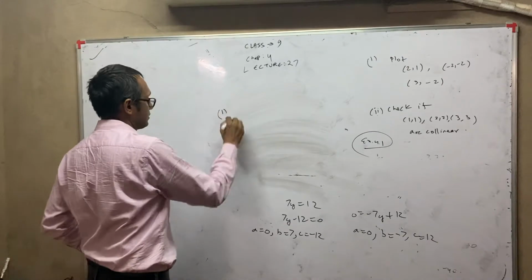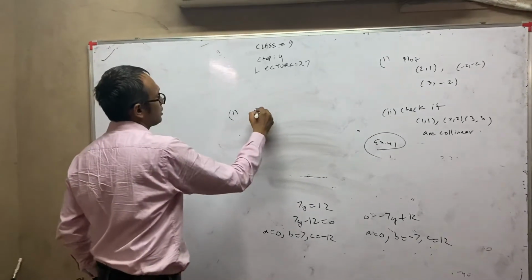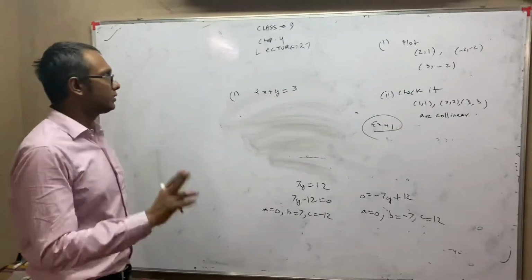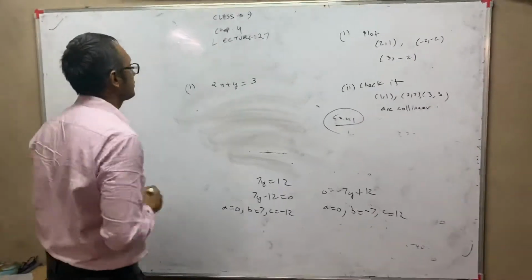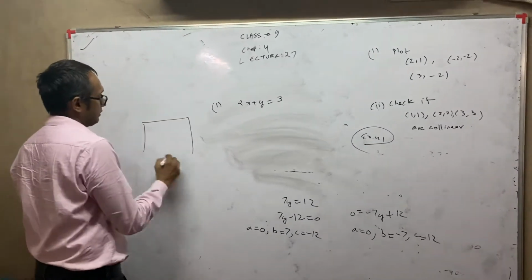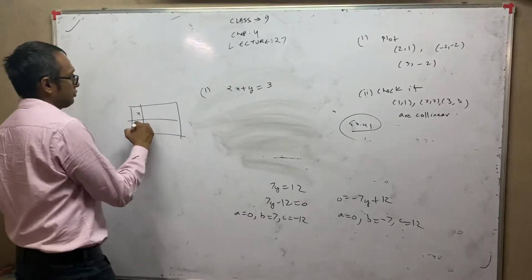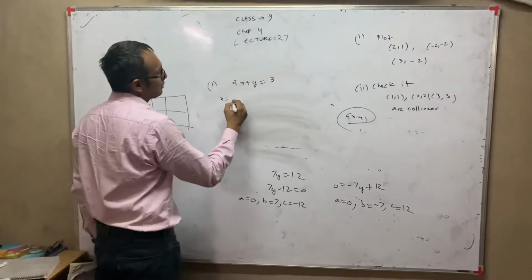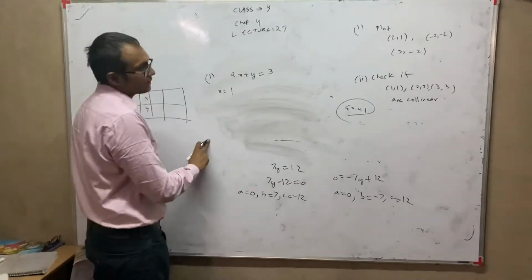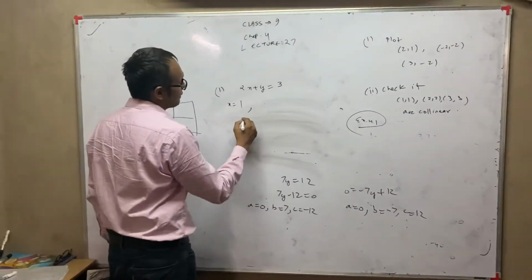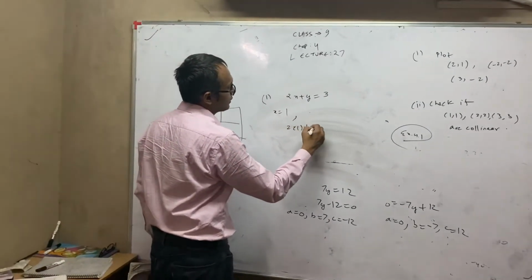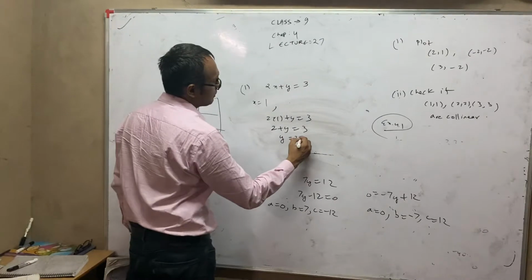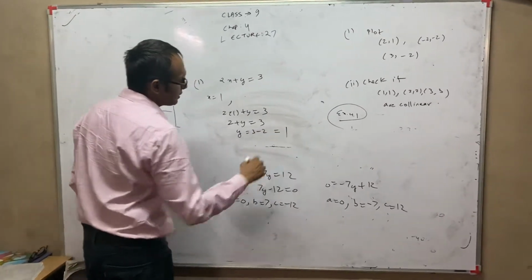Suppose an equation is there. Okay, and I tell you to write two solutions for it. Make this kind of table, and now first of course I will say put x is equal to 1. In this equation I will put x equal to 1. So and then I will solve it. 2 into 1 plus y equal to 3. 2 plus y equal to 3. Y is equal to 3 minus 2 equal to y value is 1.